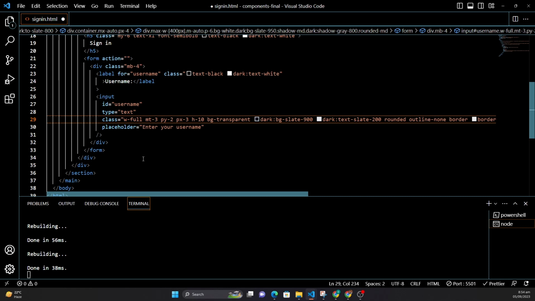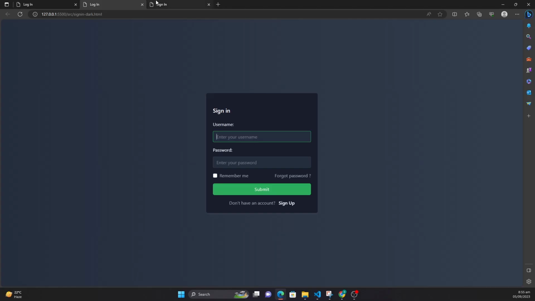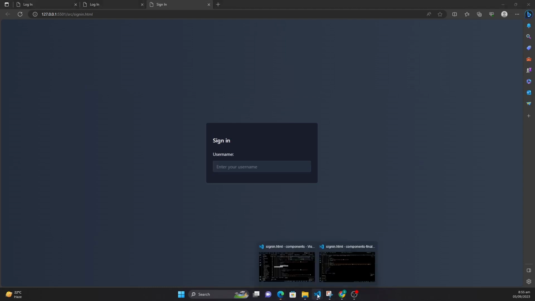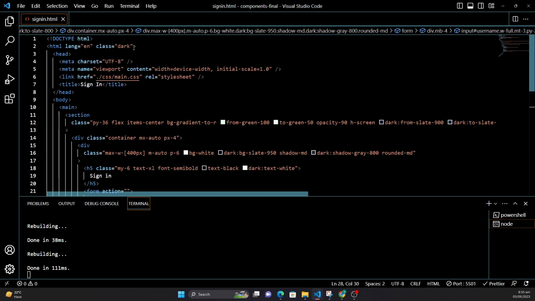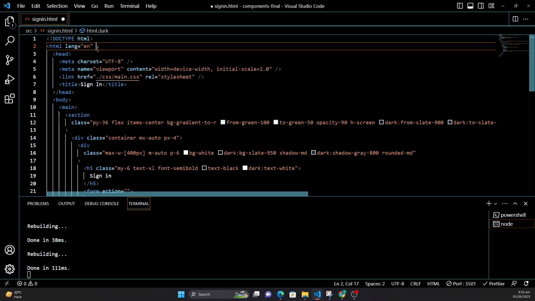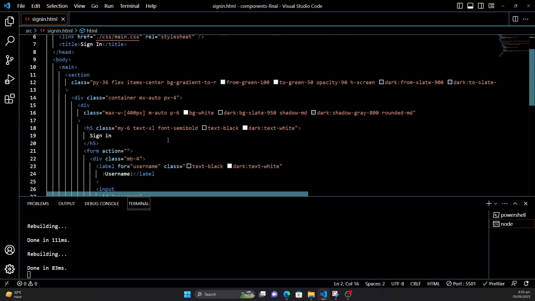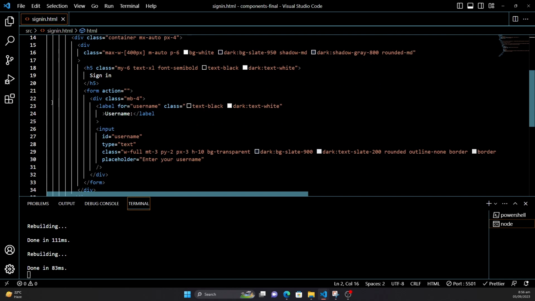It'll be the same styling for the second input. So I'll just save this and let's check what happens. If I go here, you can see that we have this input. But now you can see it shows the dark version. For now, what we want to do is to remove this dark class, so we have the white version of the same input. I will go back, and if you can see here, inside the form